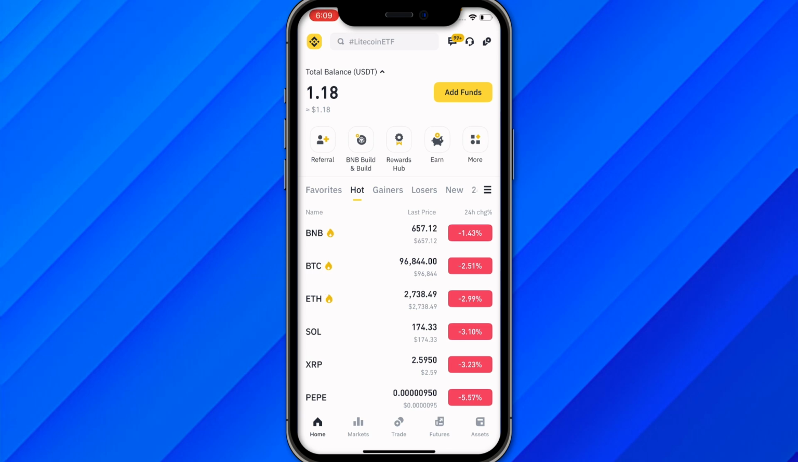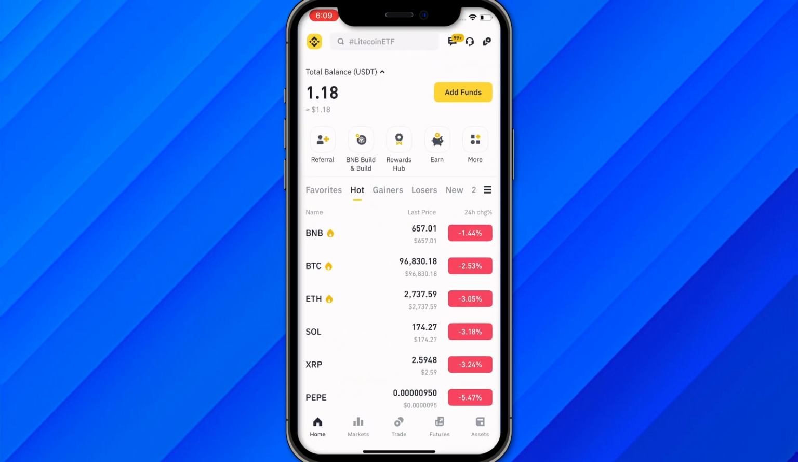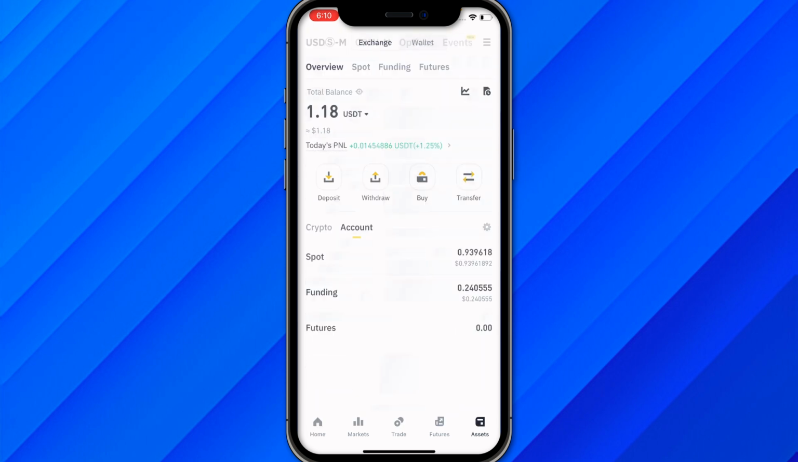Hi guys, in this video I'll show you how to restore Binance Web3 Wallet. As you can see, I am on the official app of Binance, and make sure to log in with your account. And once you have logged in with your account, you will see multiple options like home, market, trade,